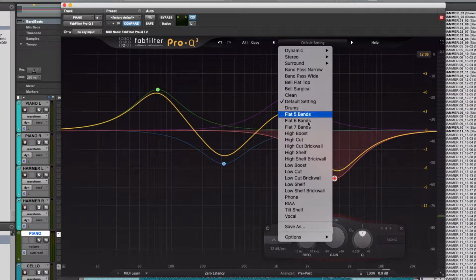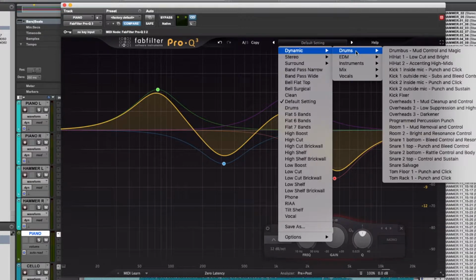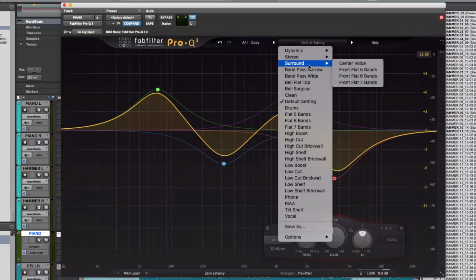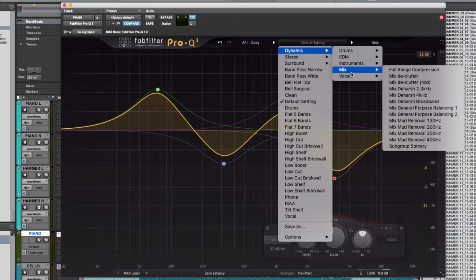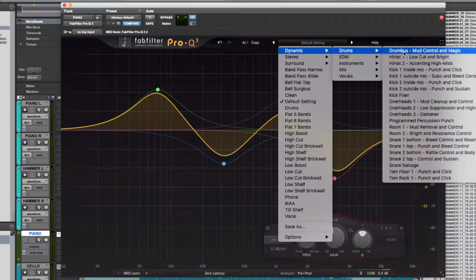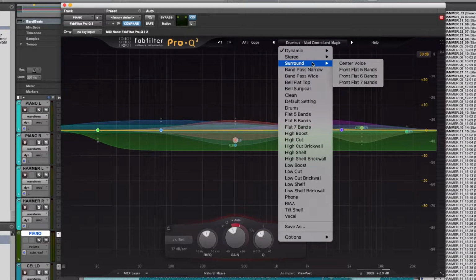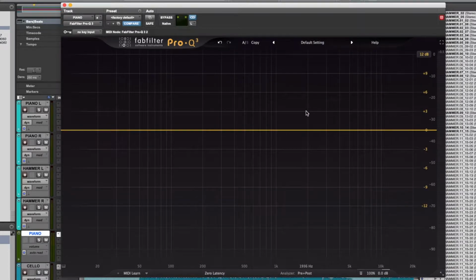Over here, you've got a bunch of different presets, which serve as really good starting points for your track. I'm EQing a piano right now, so I don't know if we've got any piano settings in here, but we might. Maybe not. Doesn't matter. Let's just put a drum one, drum bus. Really easy to quickly implement presets. As is usually the case, we don't recommend anyone stick with those for good, but they serve as good starting points. Here, I'm going to go back to our default setting.